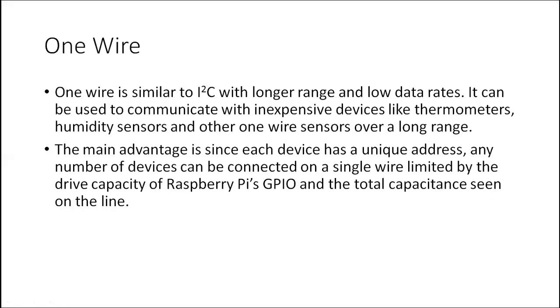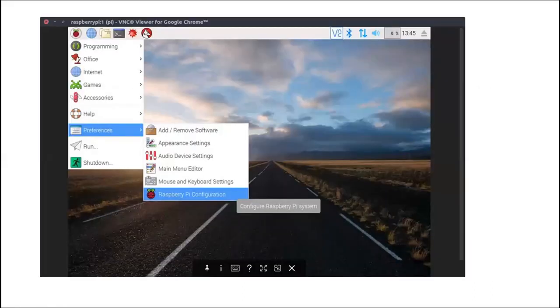This slide shows the monitor of a Raspberry Pi booted with Raspbian OS. In the left corner, you have a Raspberry Pi symbol. If you click on that symbol, you will have preferences. In the preferences, you have to choose Raspberry Pi Configuration. Whenever you click that, you will get the Configure Raspberry Pi system window.